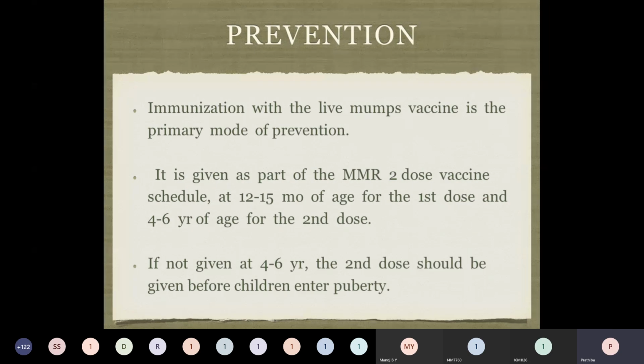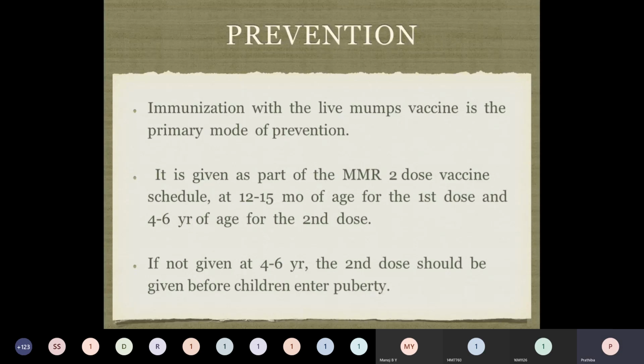What about prevention? As we said, it's a single immunotype, and humans are the only natural host. So it can be prevented by live mumps vaccination, which is the primary mode of prevention. It is given as a part of MMR, that is measles, mumps and rubella, in 2 doses: the first at 12 to 15 months of age and the second at 4 to 6 years of age. If not given at 4 to 6 years, the second dose can be given before the children